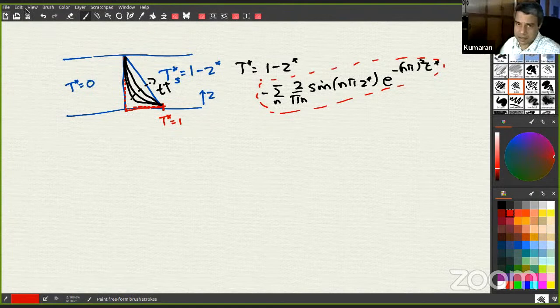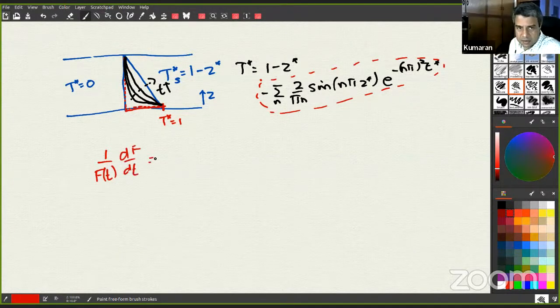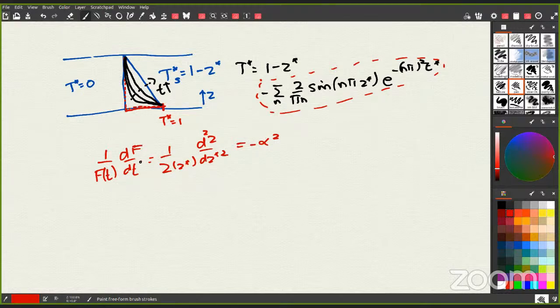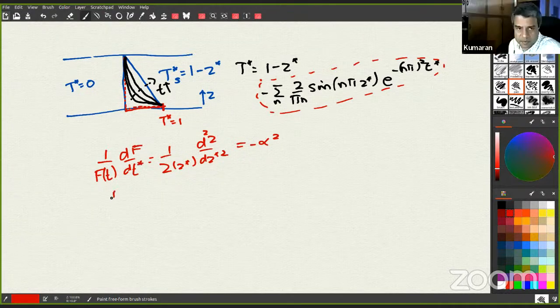See, I don't recall what symbol I had used. What did I use for that? 1 by f of t, df by dt is equal to 1 by z of z star. That we had written as minus alpha square, right? If I remember right. Yes, sir. Right. Now you take this part, 1 by f of t